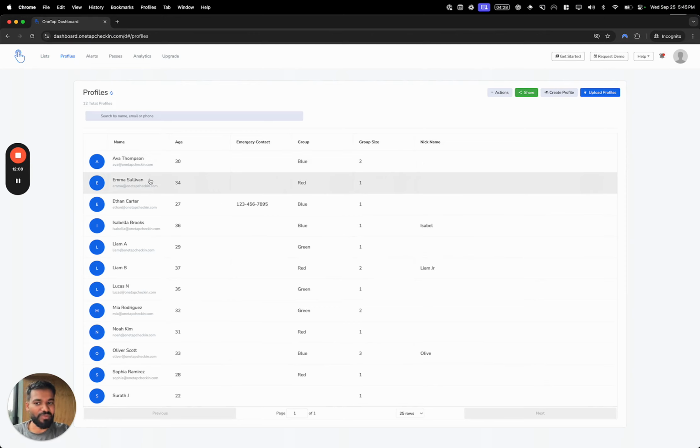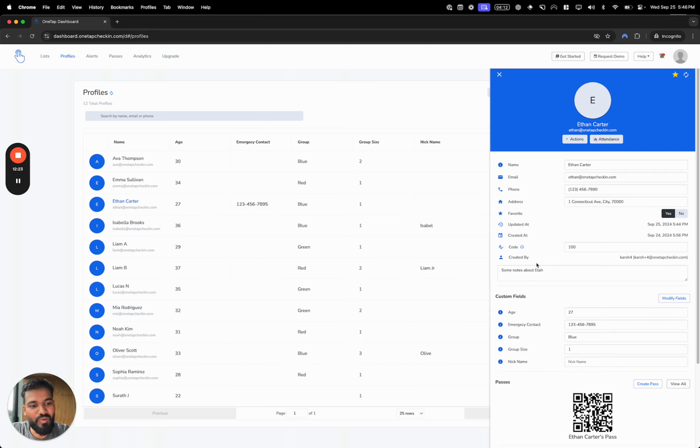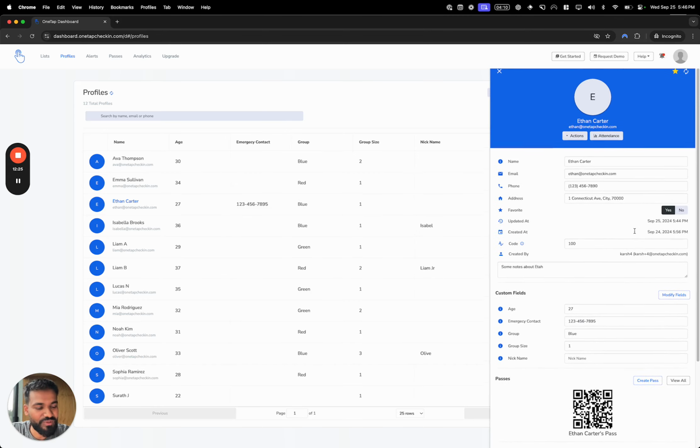I made a specific video about this, how you can format the Excel sheet, and it's literally just based on the Excel columns. So for example, I have age groups here, I have emergency contacts, groups here. These are all custom fields, group sizes as well, nickname as well. But if you wanted to add another field here, for example, let's just say level,